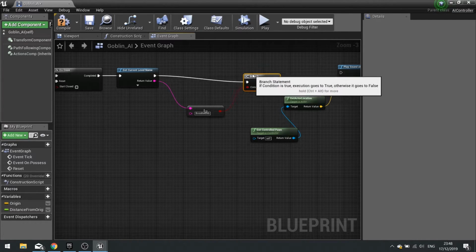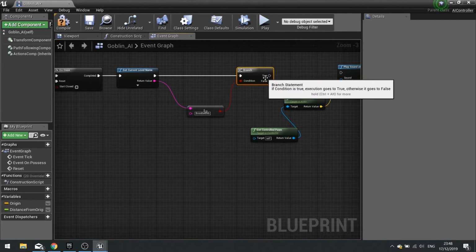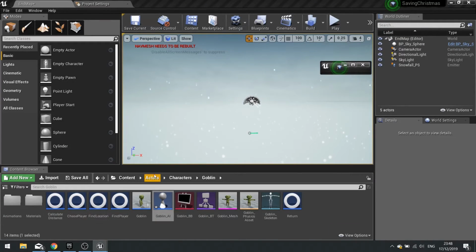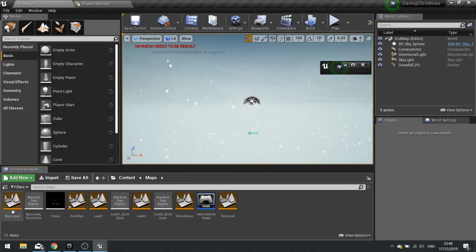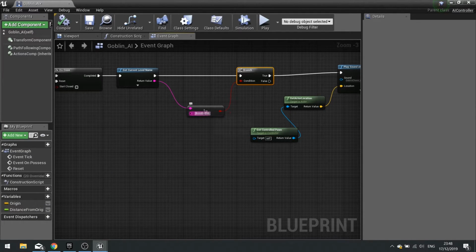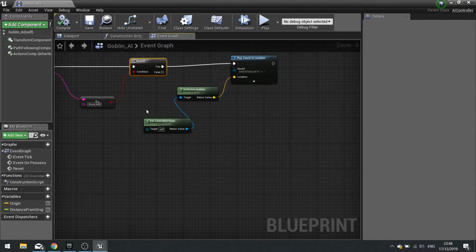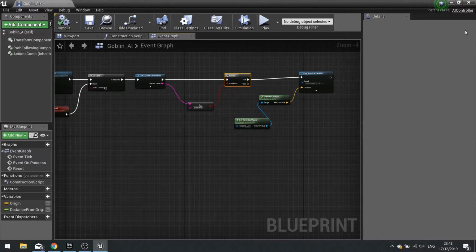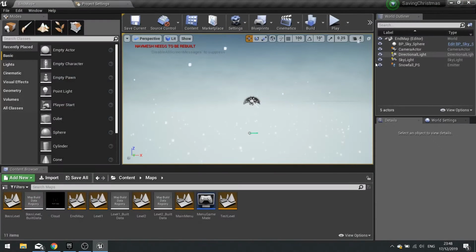And to branch. So if it's not equal is true, play that sound. Just double check the name of that map. I'm not 100% confident. Boss level. So good thing I did check. Hit compile. Okay. That's that done. We'll close that. And I think we're pretty much done.